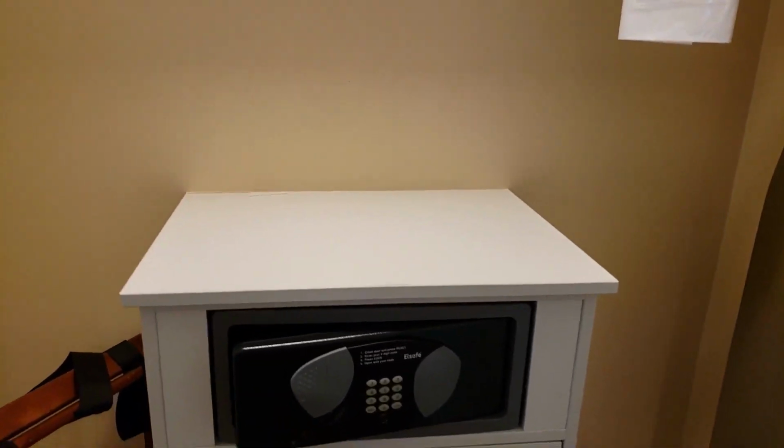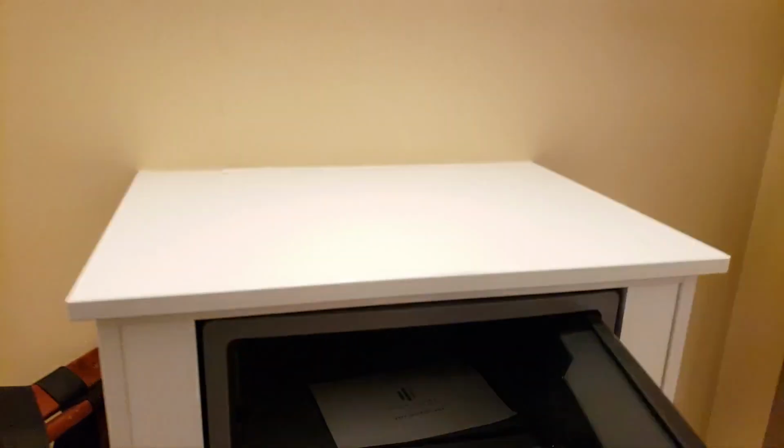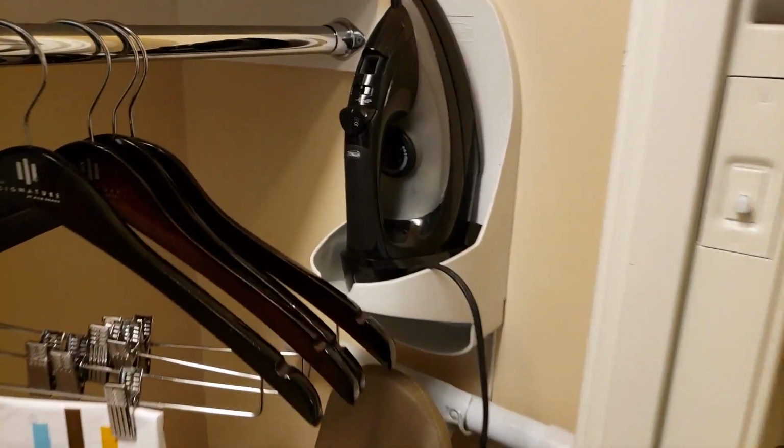And it's a very nice closet. So you have a nice size safe in here. You could easily fit a couple laptops, some tablets in there, which is nice. Some more drawers built in. Ironing board, very nice, newer looking